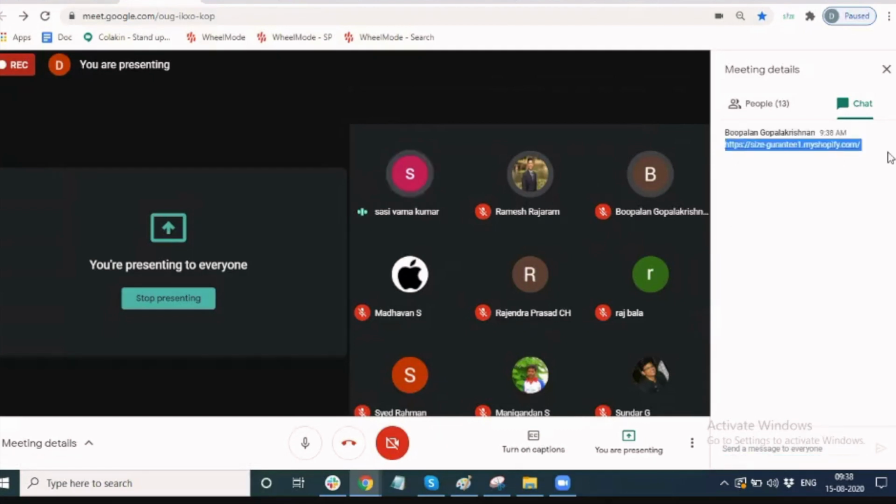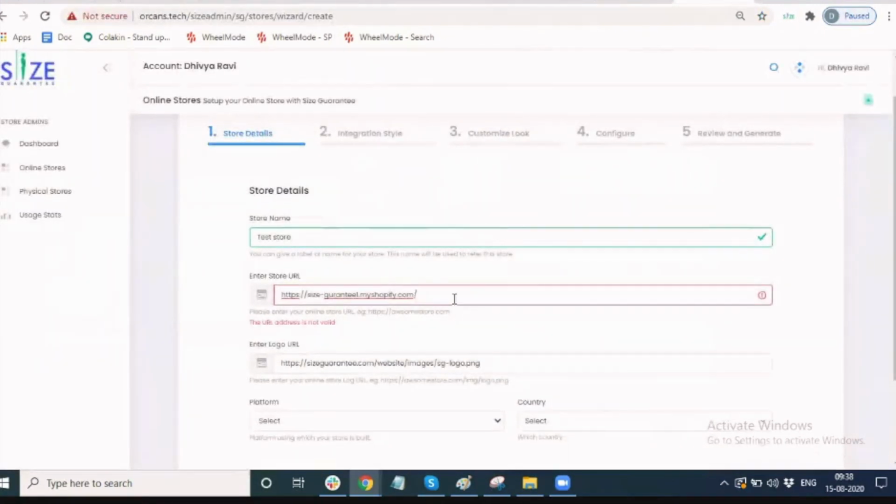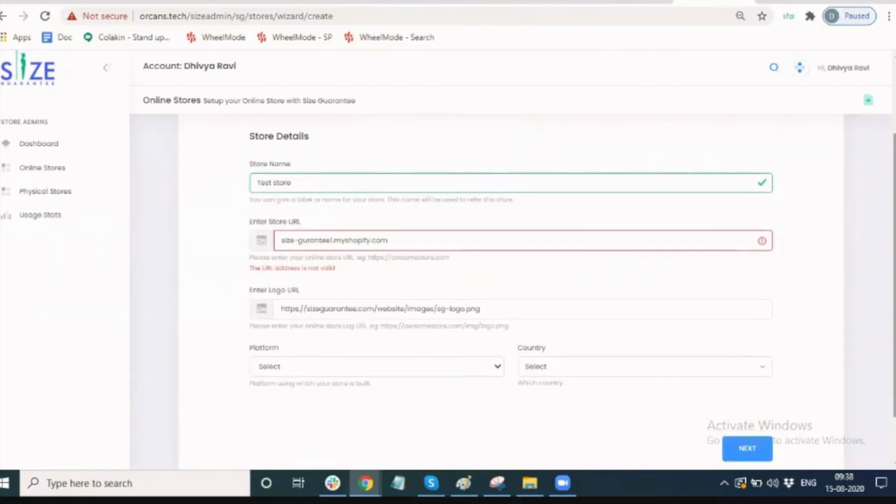So this is a test store that you just set up for this demo. This is actually a demo Shopify store, and also we are asking for a logo URL now, but we will actually be asking for the logo file.